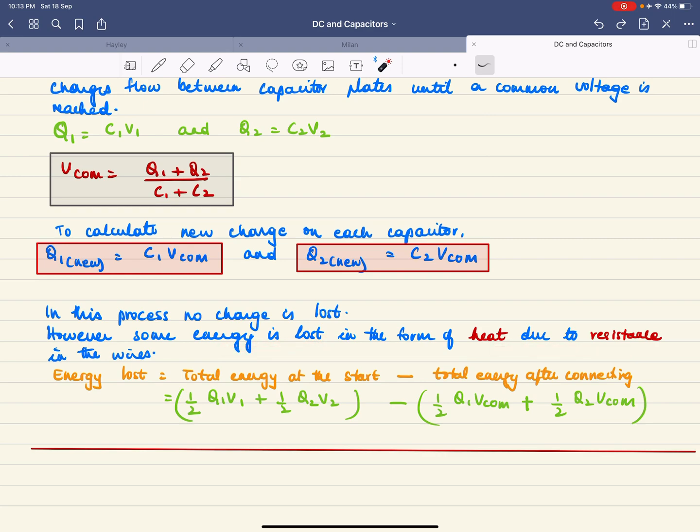How do you calculate the energy? It's the total energy at the start minus total energy after connecting. And because energy is half QV, that's how you get the total energy at the start. So you've got V1 and V2, which is different. And then the total energy after, the voltage is the same because it's a common potential, but Q1 and Q2 is the new charge that's accumulated. So I will